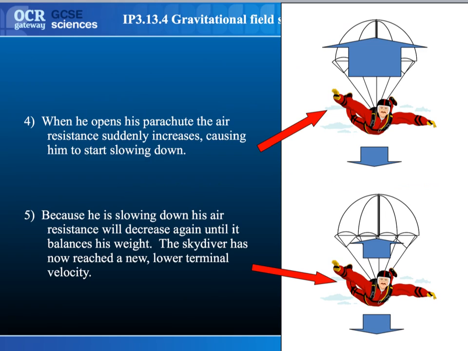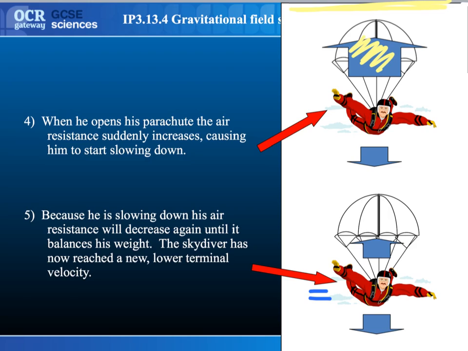The reason that he slows down when he opens his parachute is because he massively increases the area that the drag can act on. Because he increases the area that the drag can act on, what you end up having is this huge resistance. That slows him down a lot. That air resistance will then decrease until it's again the same as his weight and equal. The parachutist is falling at another terminal velocity, but a lower terminal velocity,